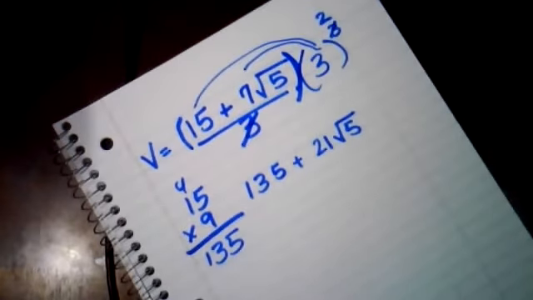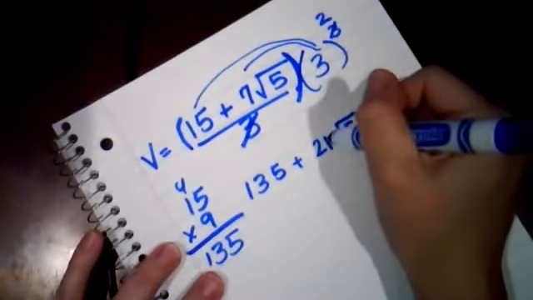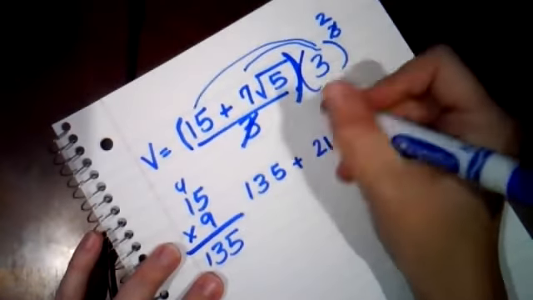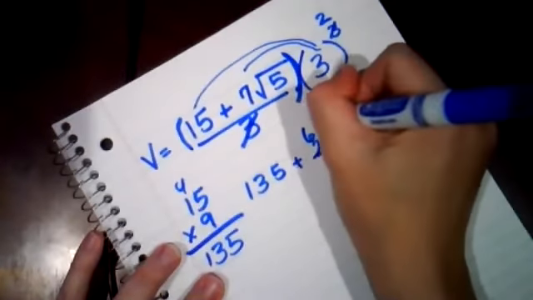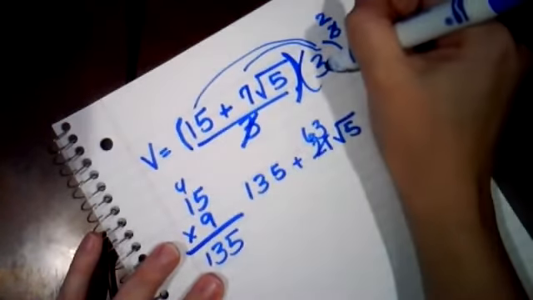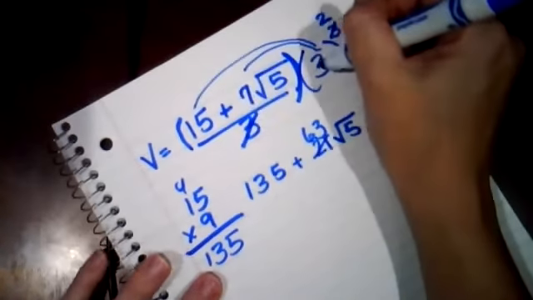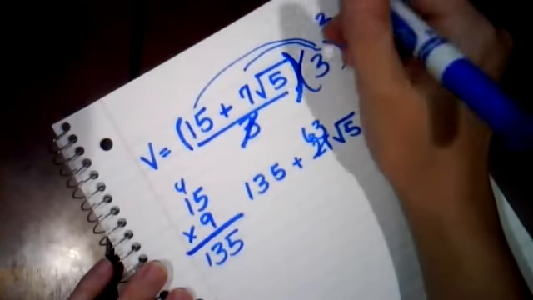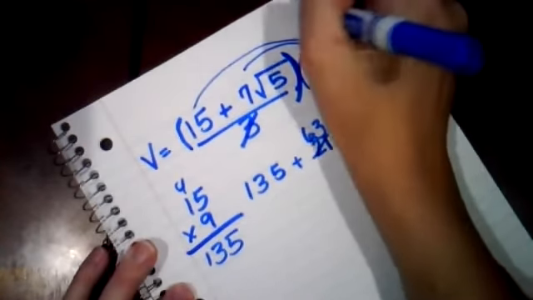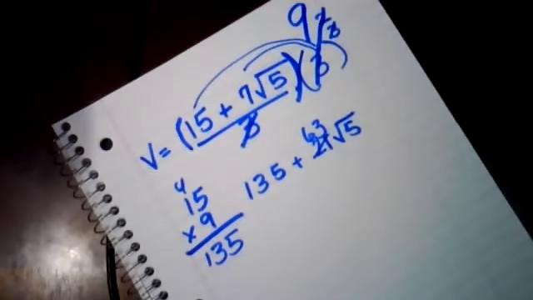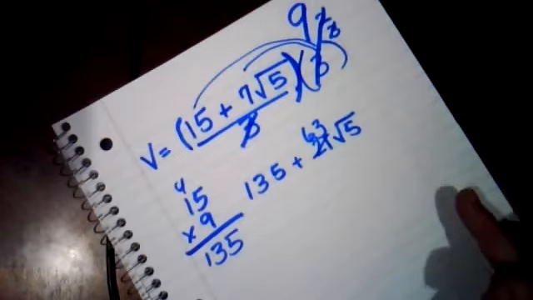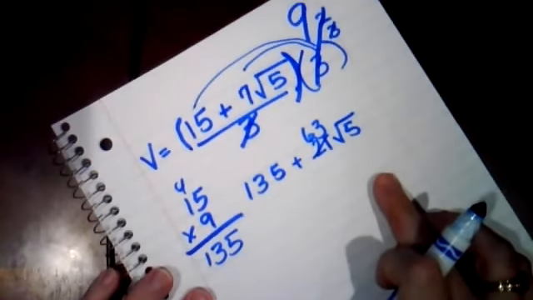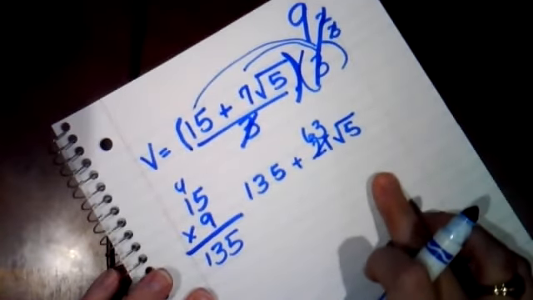Okay, and that is, I hope you caught my mistake. It's not 21. It is 63. Okay, 21 would be if it was just 3. It's 3 squared. So if you want to, over here, instead of doing that, so you don't forget it, make it a 9 already. Okay, so that would be your end answer,